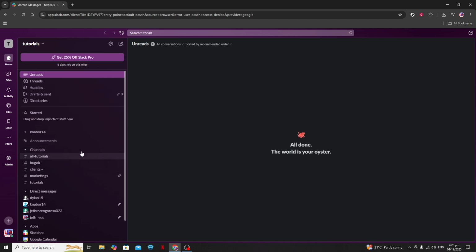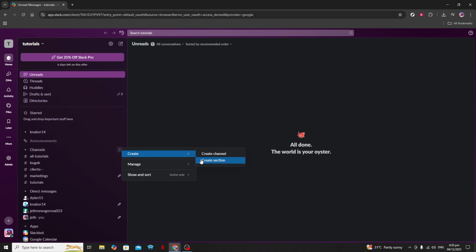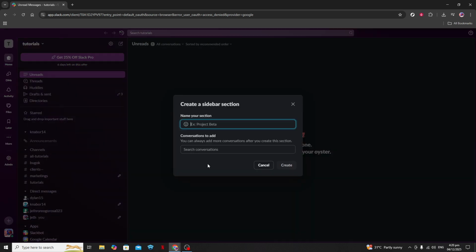To begin creating a custom section, look for the small gear icon next to the channels header on the sidebar. Click on this icon, which will open up the Channel Management menu. In this menu, you'll want to select Create Section. This option allows you to carve out a personalized space within the sidebar where you can group channels or messages